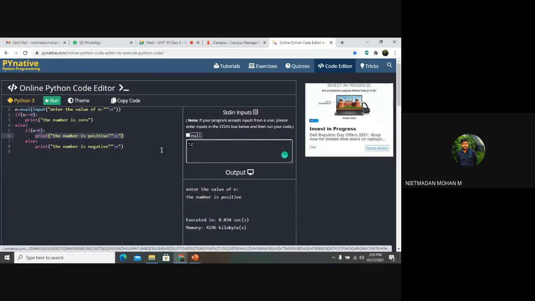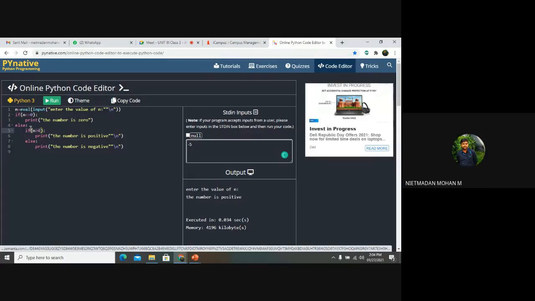Suppose I give the value as -5. It will go to the second line and check whether the number is equal to 0. The condition will be false and it will go to the else statement. In that else statement, if n is greater than 0, the condition will be false.